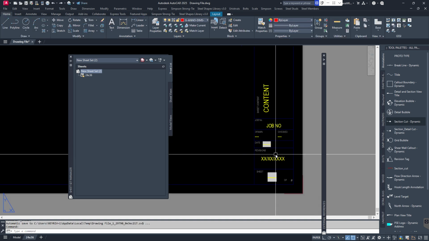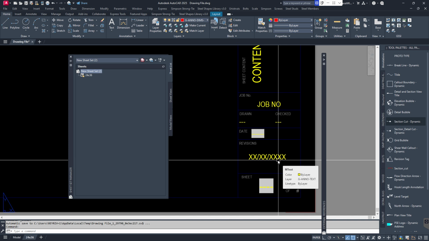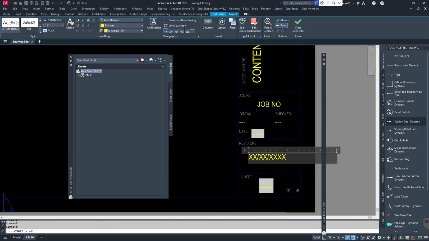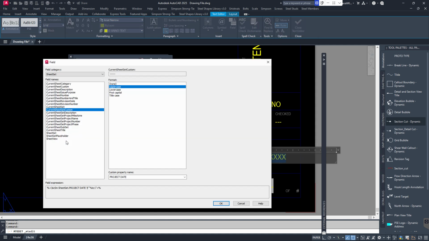It's populated now. Now the next thing I want to do is one for, let's see if we have a date for revisions. So I'm going to double click here and see if Autodesk has its own field already populated. I'm going to right click here, click on insert field, and check to see if there's one that says revisions, and there is a revision date. So the revision date is available as a current sheet revision date,